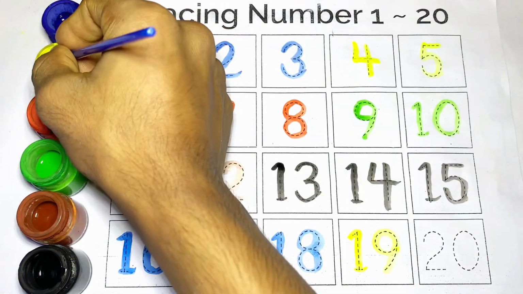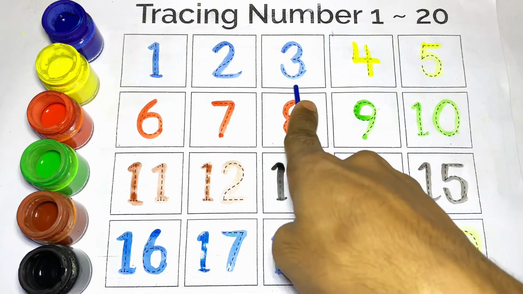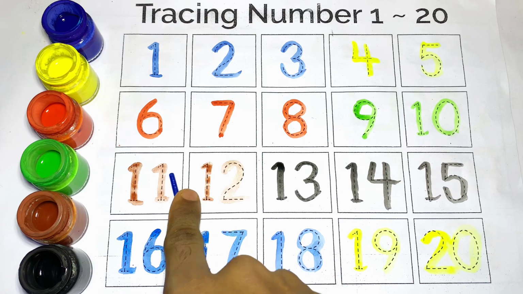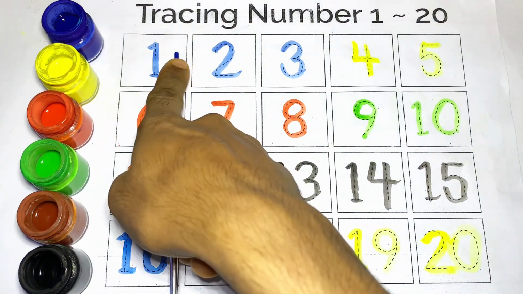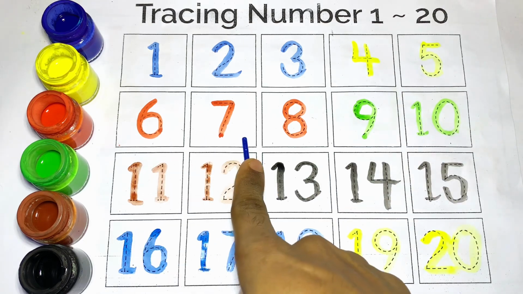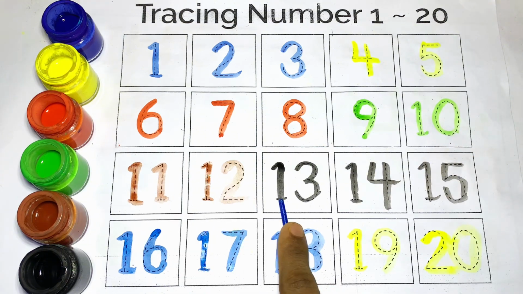Kids, now draw 20. The numbers of 20. And again use yellow color. Kids, today draw 1, 2, 3, 4, 5, 6. Kids, today draw 1, 2, 3, 4, 5, 6, 7, 8, 9, 10, 11, 12, 13, 14, 15, 16, 17, 18, 19, and